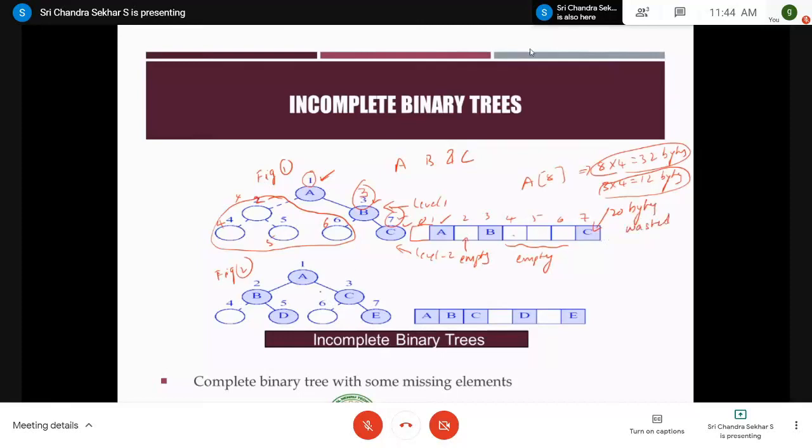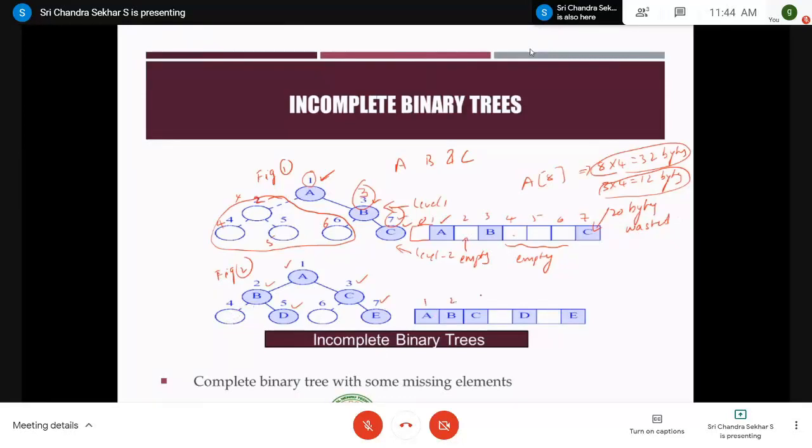Okay. For example, you go for this figure 2, right? A is having a left child. Therefore, whatever is an original node, those nodes should be represented in the array. And for those nodes which are not having a left child and right child, you make it a dummy child and you give the numbering also. That's what you have to follow, right? So 1, 2, 3, 5 and 7.